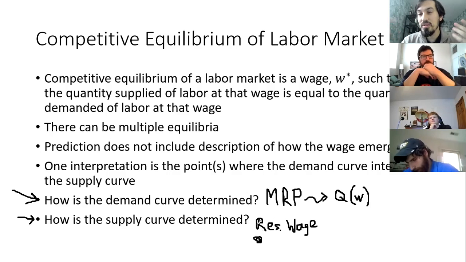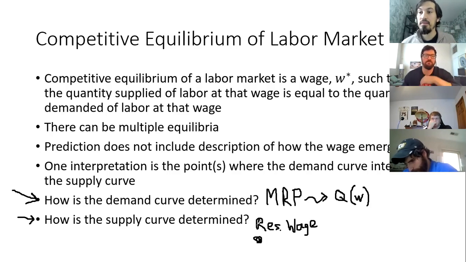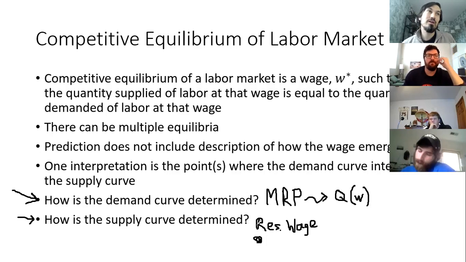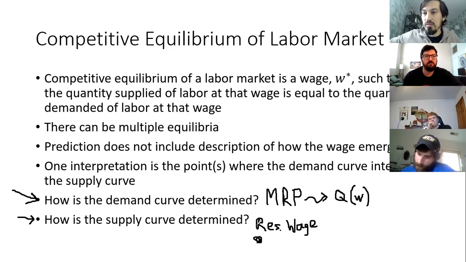Your outside option is, what's the next best thing I could do if I don't work here? And you guys who were working as a lifeguard, you had that in your mind too. You said, yeah, I could work as a lifeguard, or I could do something else. Maybe my outside option is to do nothing. Maybe I would actually rather not work at all. And you might say, well, then I won't have enough money to do this or do this. But okay, that's part of your outside option, is to give up that stuff too.